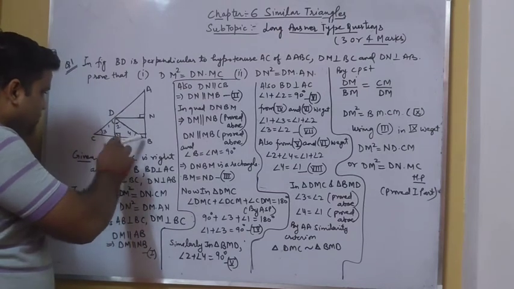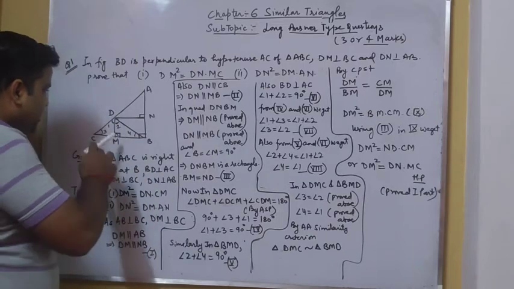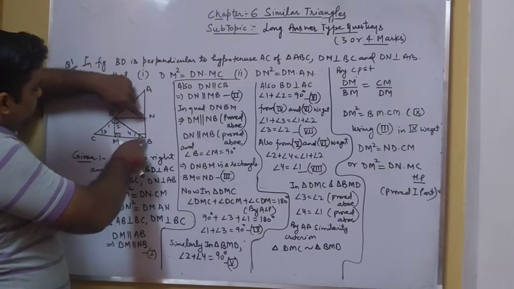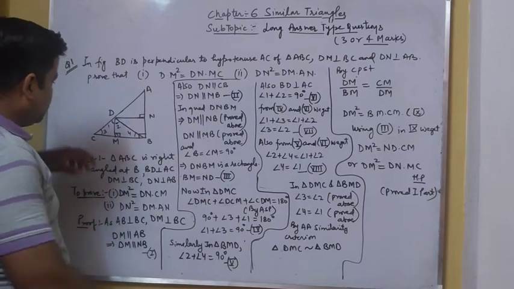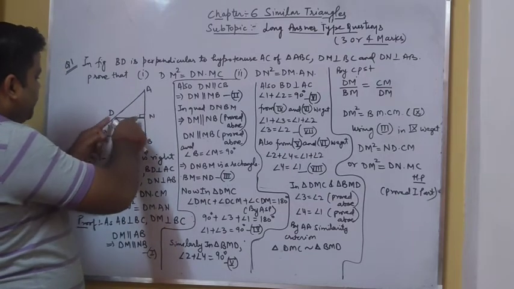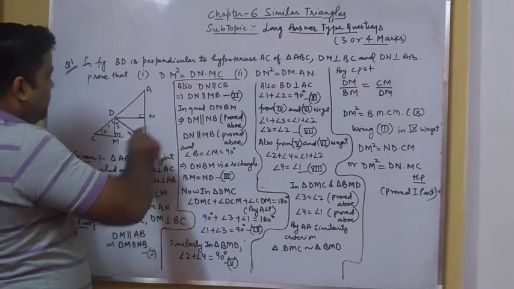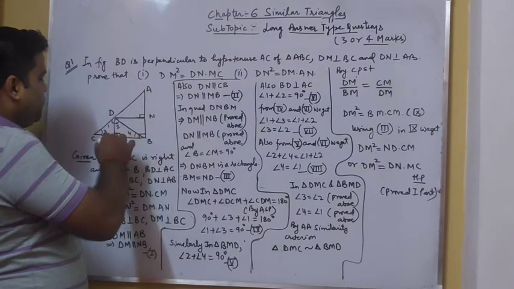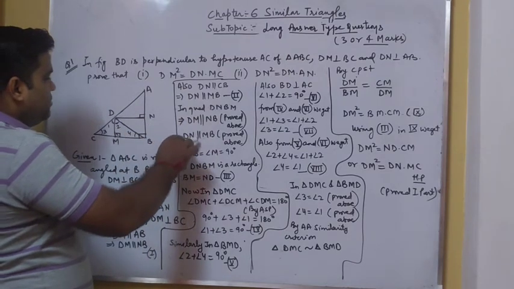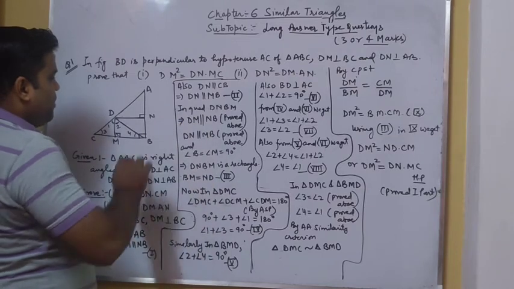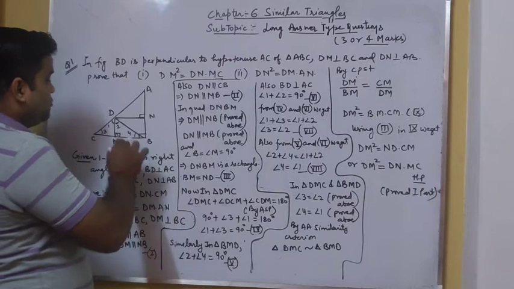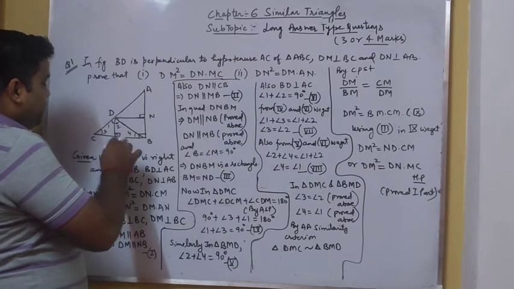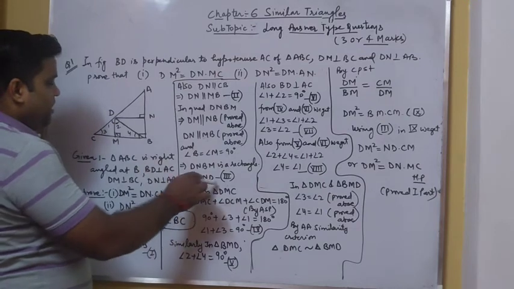As AB is perpendicular to BC and DM is perpendicular to BC, from the figure we can see that DM is parallel to AB. So DM will be parallel to NB. We consider it as equation number first. Similarly, as DN is parallel to CB, DN is parallel to MB, and we consider it as equation number second. If we look at the quadrilateral DNBM, DM is parallel to NB and DN is parallel to MB, which we have proved above, and angle B equals angle M, which is 90 degrees. So we can say that DNBM is a rectangle. By the property of rectangle, BM equals ND.